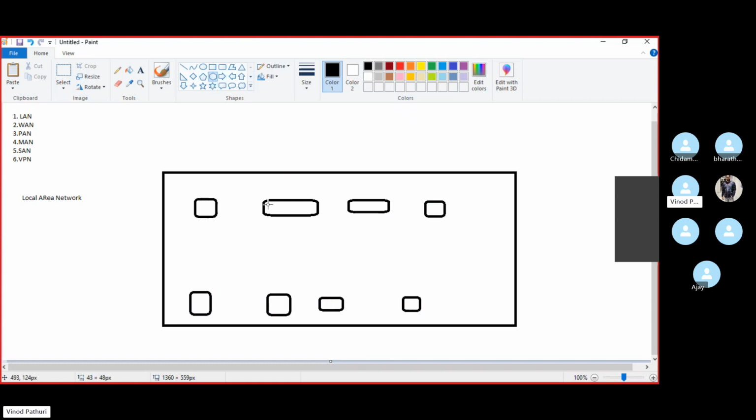So you're using a hub or a switch in between them. Okay, just forget about the diagram. So, local area network.